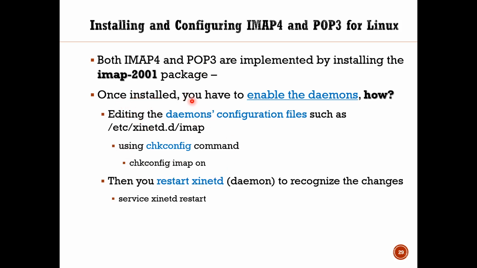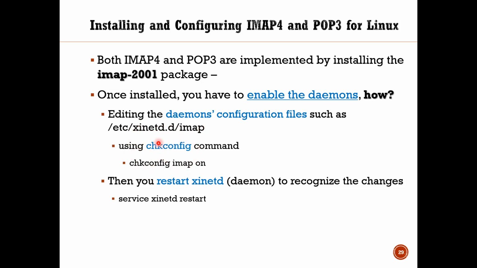It is actually installed by enabling a daemon. So this is a package that is being installed and activated from the daemon. And remember this, the daemon is the other term or description for the service. So the service in Linux, we call a daemon here. It can be activated by editing this configuration file that exists in this directory here, and the configuration file name here is xinetd.d,